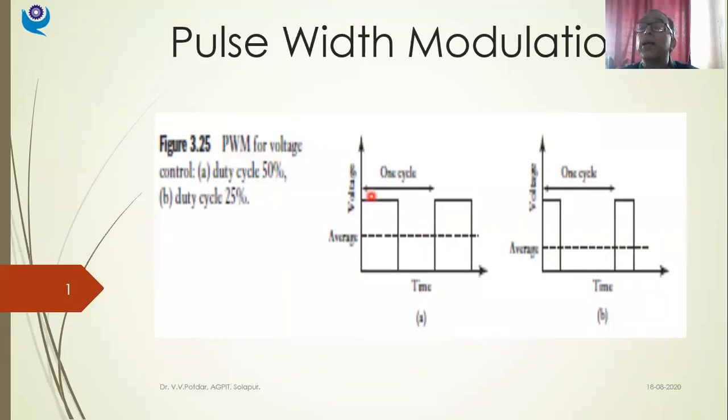So in that case, what I need to do? I need to increase the duty cycle. I have to take multiples of duty cycle so that I'll get the increased voltage. Okay. Here I have reduced the voltage. The average is maybe 50% of what was the input signal. Now here the average is 25% of that of the input signal. If it was 6 volt, 50% was 3 volt, and 1/4 is 1.5 volt.